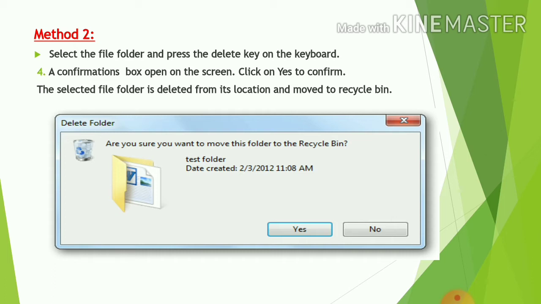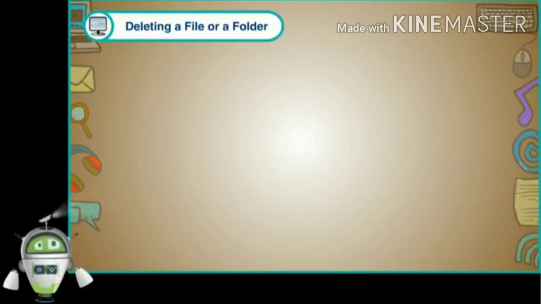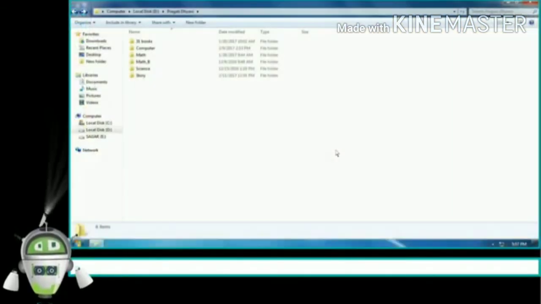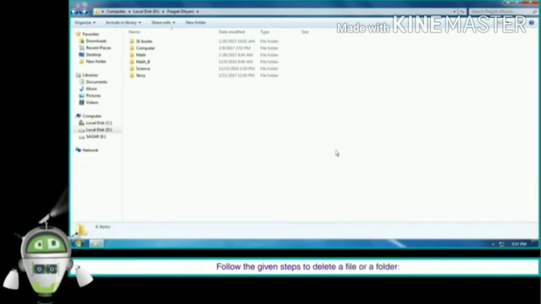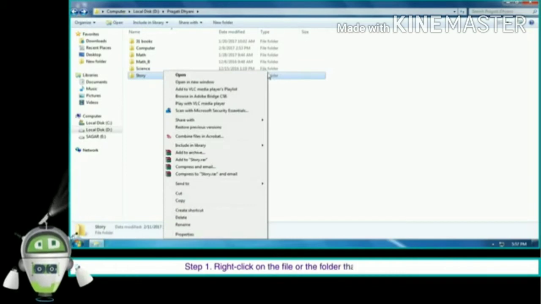Now see the practical of how to delete a file and folder. So students, to delete a file or folder, you have to follow the given steps. Step 1, right click on the file or the folder that you want to delete.